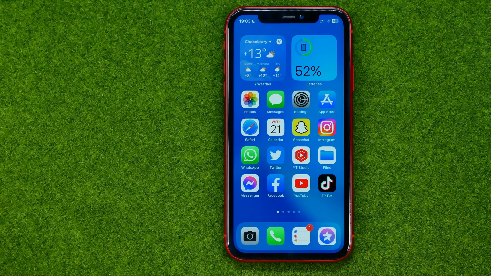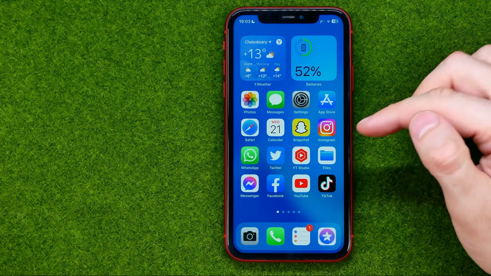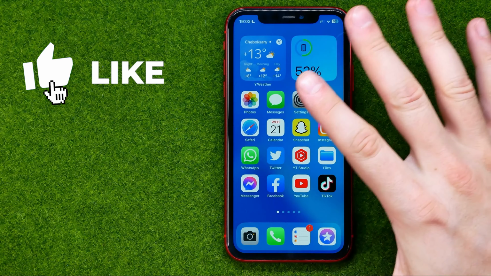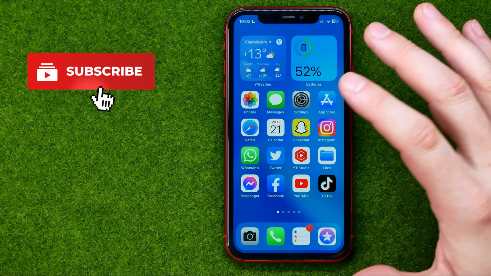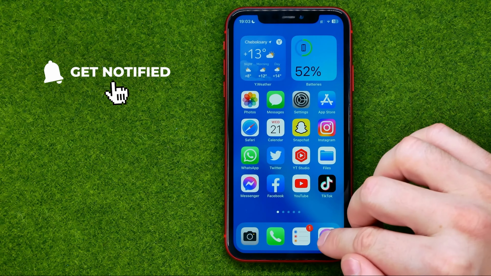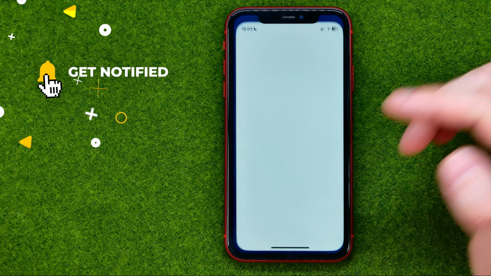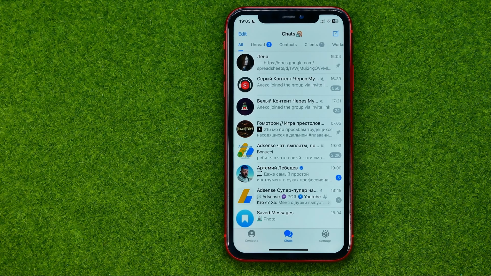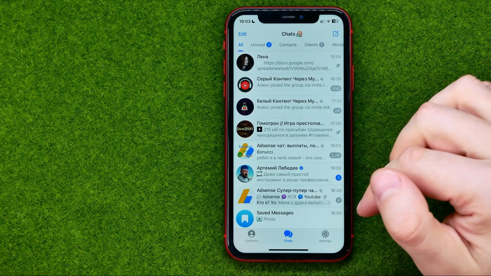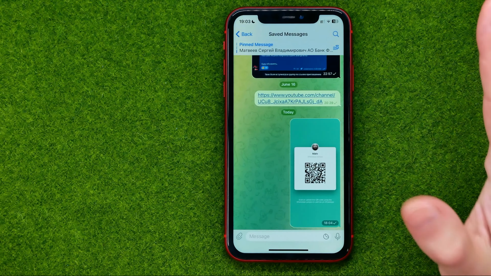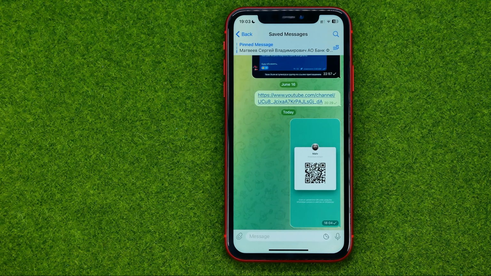Thanks guys. So let's get started, and first off, if you want to share your WhatsApp profile link to somebody on any platform, first off I recommend you to open up that platform. Let's say I want to share my WhatsApp profile link with someone on Telegram. So first off I can open up Telegram and then get into some conversation, because the easiest way to share